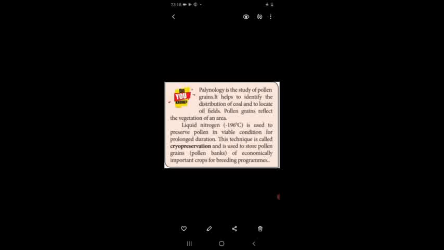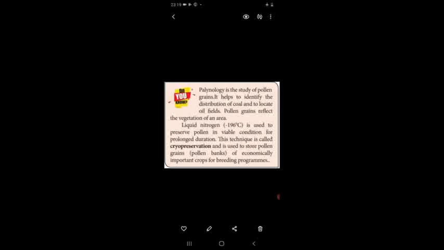If you are storing pollen grains, these are the pollen grains responsible for the fertilization process. If you are storing seeds, these are seeds that have the capacity to germinate and produce a new individual. Likewise, if you are storing DNA material, the DNA is also responsible for the metabolic activities in the plant parts. So these different organs are stored in liquid nitrogen at minus 196 degrees Celsius for future use. That process is called cryopreservation.